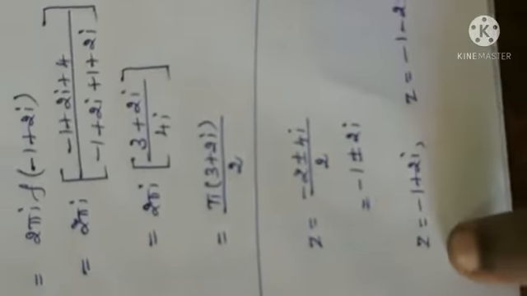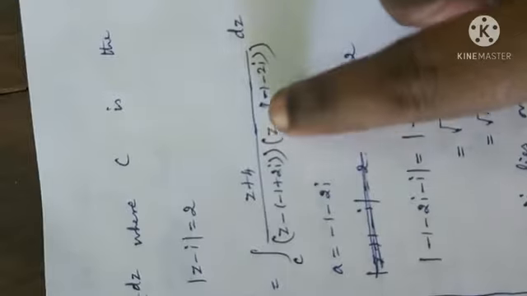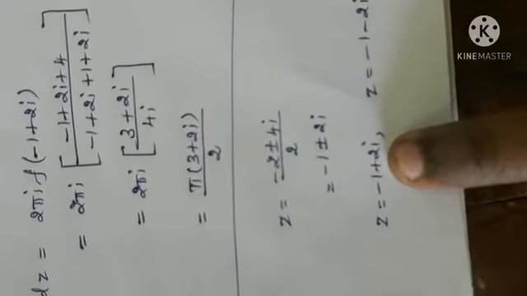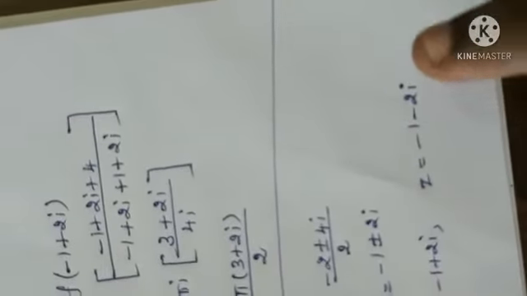Usually in the Cauchy integral formula, in the denominator we will have a factor, not a root. Z equal to A is a root. Z minus A is a factor. Let us get this term to this side. I have written this as Z minus A into Z minus A. Because Z equal to A is a root, Z minus A is a factor. We need factors in the